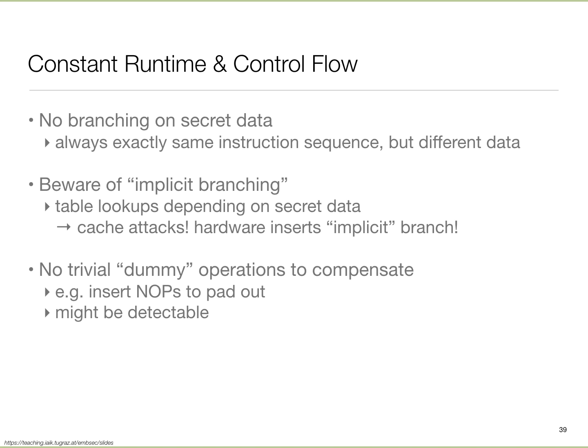Sometimes the branches are very explicit: if X, then do this; if Y, do that. But oftentimes you have implicit branching. For example, you may do a table lookup based upon secret data and then make use of that value in further things, so you have to trace through the code. There could be cache attacks where, depending upon what your secret data was, I'm either accessing something which is in the cache or not, and therefore the timing will differ. So lots of complicated things might happen.